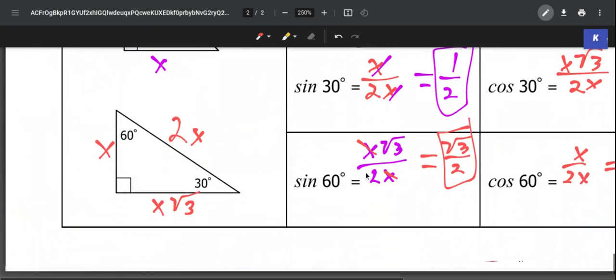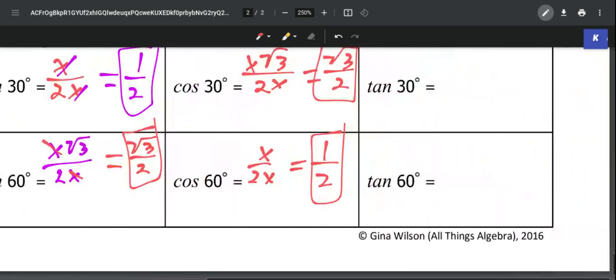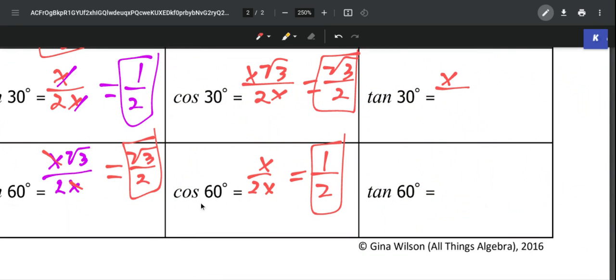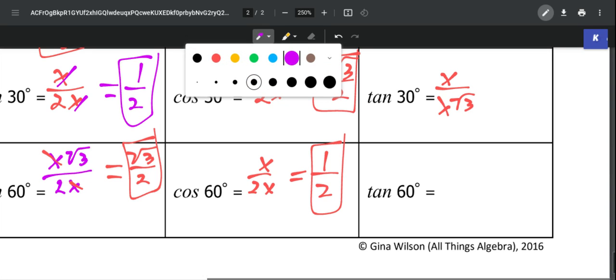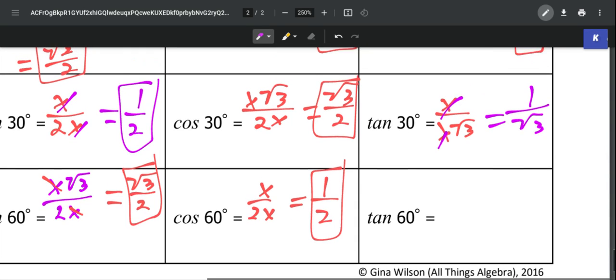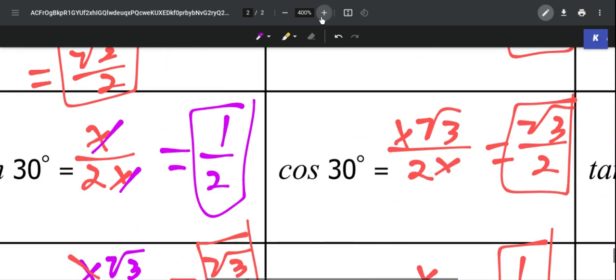Now, tangent 30 is a little bit different. If we're saying tangent of 30, we're saying the opposite of that, which is x, over the adjacent, which, the leg adjacent to 30 degrees, would be x square root of 3. So now we can cancel out x and x, and we're left with 1 over square root of 3. But now we have to rationalize that. So we can do it. It just means that we take